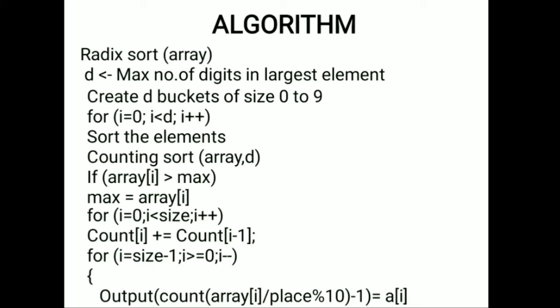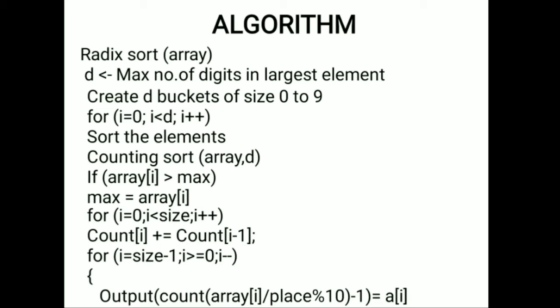Then store the cumulative sum, that means add the elements of the count array one by one, and it helps in placing the elements into the correct index of the sorted order. That's why we use count of i equal to count of i plus count of i minus 1. We have to add all the numbers till we reach the highest index. And now for the comparing